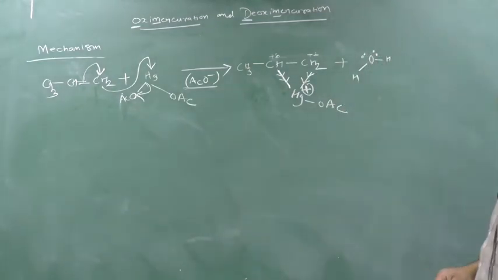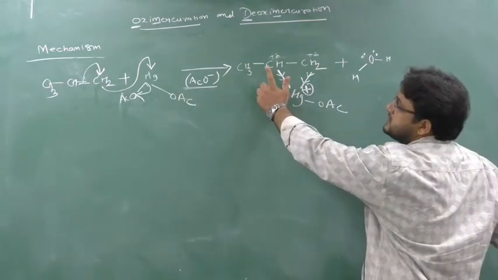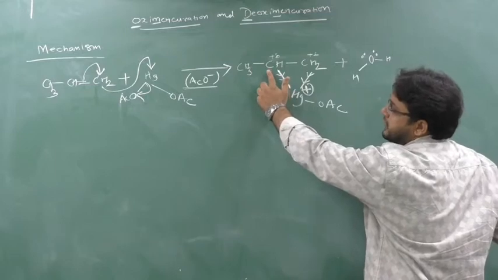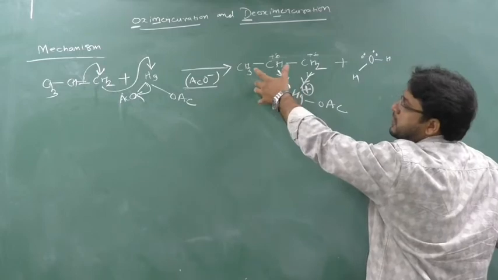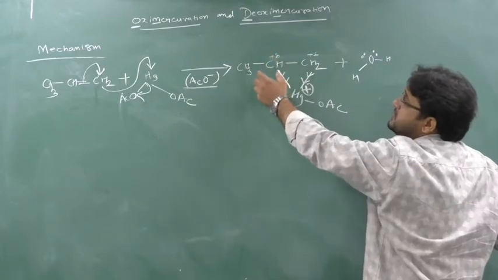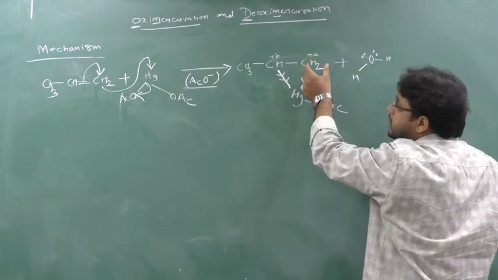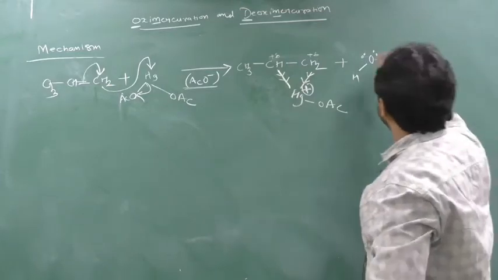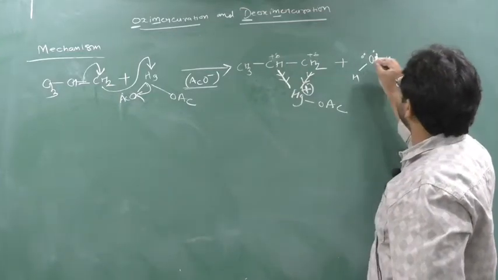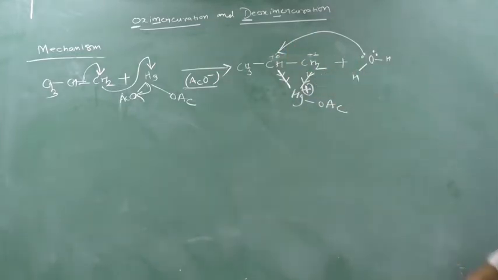Now where will the partially positive charge develop more? Here the partially positive charge will develop more, so it is in requirement of more, because it is a 2 degree carbocation. If I make this stable, because the 2 degree carbocation is more stable. So here partially positive charge is shown on 2 degree, and here partially positive charge is shown on 1 degree. Here the partial positive charge is more stable because it is 2 degree. So this lone pair of oxygen of water will be donated to this 2 degree, not to the 1 degree, because 2 degree is more stable than 1 degree.